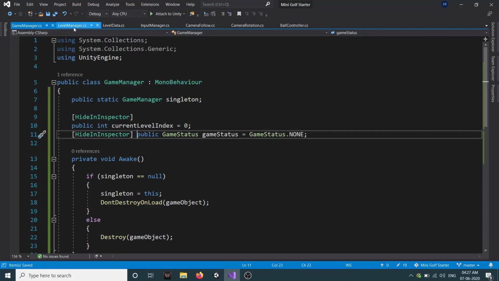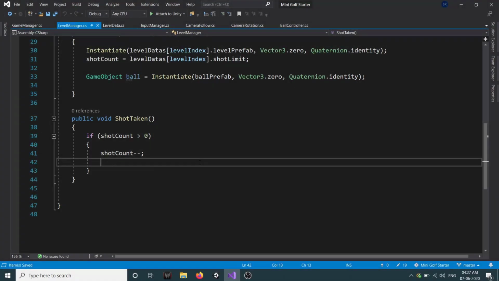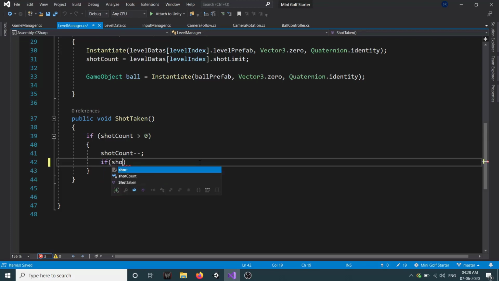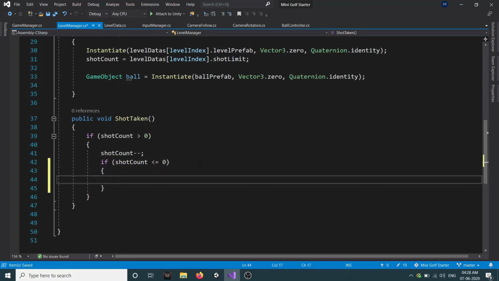Now let's go back to our LevelManager. In short, we know if we run out of our shots, we need to set our game status to failed. So what we'll do is we check if our shot count is less than or equal to 0. Most probably at 0 we are going to set it.